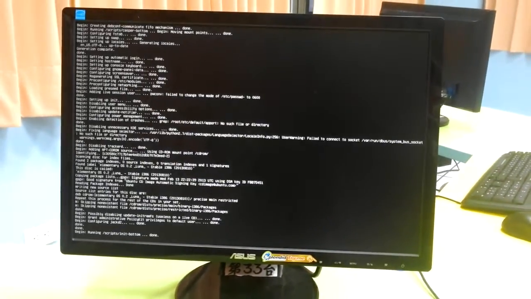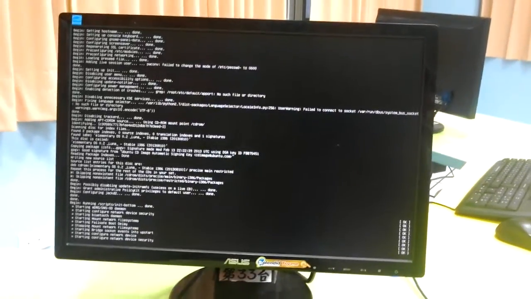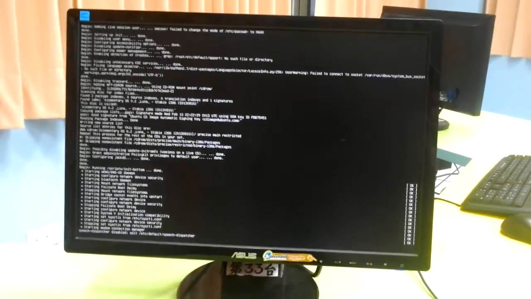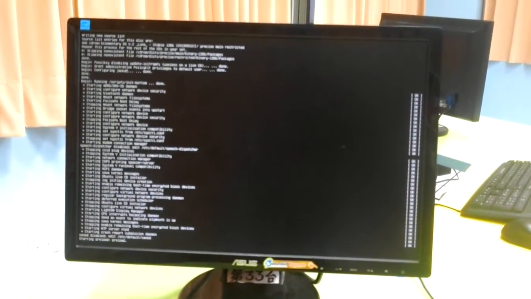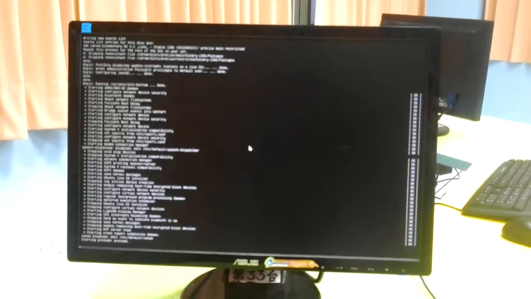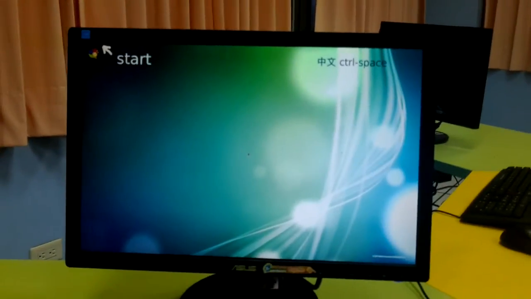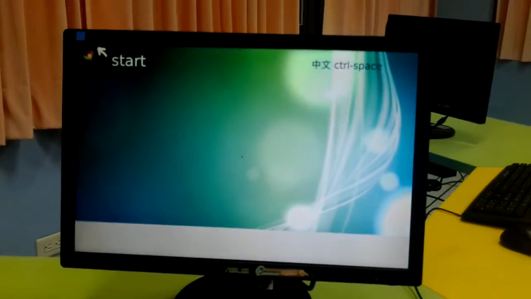You can see the boot speed here. This is running off a regular laptop drive downstairs. I expect to have a little bit better speed once I switch over to SSD. All right, there you can see I have a little modified